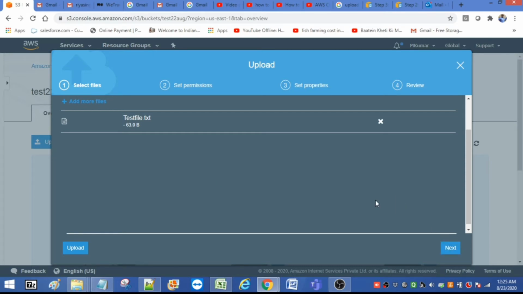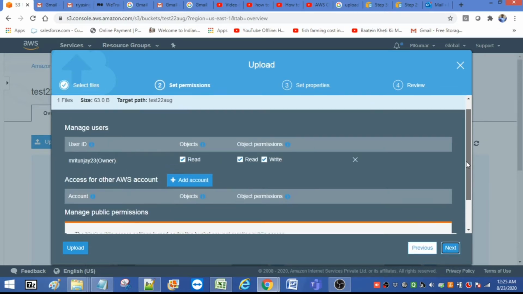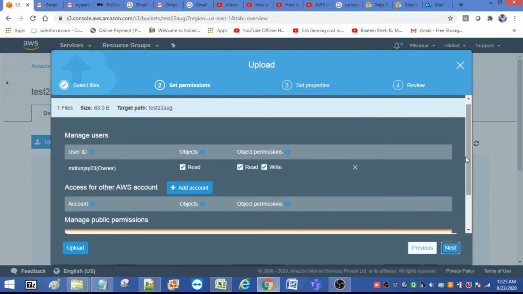To set the permission, click next. Now here, under manage users, you can change the permission for the AWS account owner. The owner refers to the AWS account root user and not an AWS Identity and Access Management user.